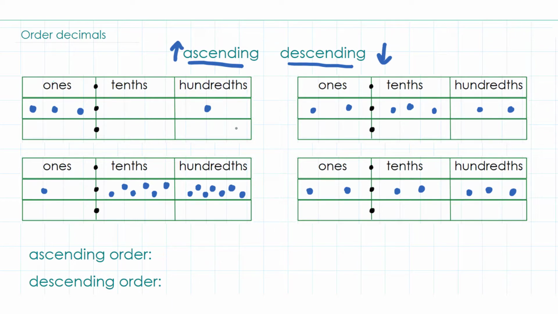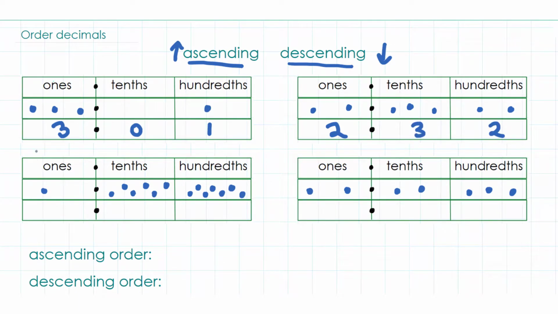Okay, so we've got 4 numbers here in 4 place value charts. Of course, if you want to do this on your own, by all means, pause the video and do so. I'm going to go through it. I'll start by writing the numbers, of course. So this is 3.01. The 0 is very important as a placeholder. And this is